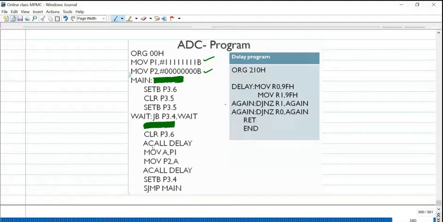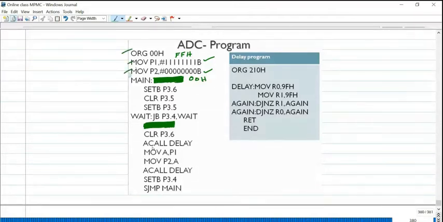We already studied the internal structure of ports. We configured 00 to act as the output port, and 11 to act as the input port. Or you may load FFH or 00H.